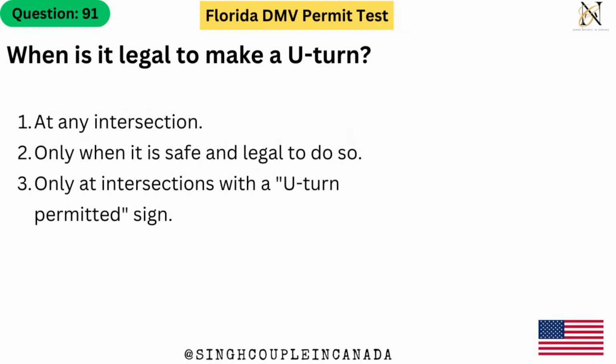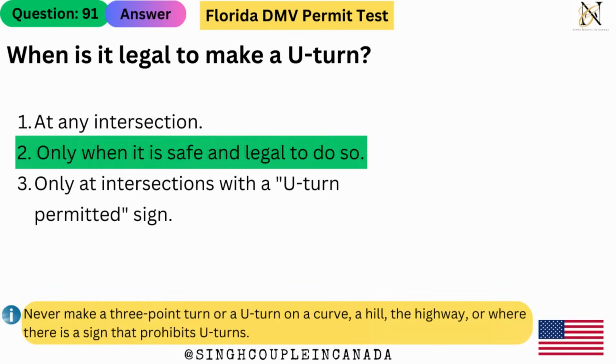When is it legal to make a U-turn? 1. At any intersection. 2. Only when it is safe and legal to do so. 3. Only at intersections with a U-turn permitted sign. The answer is 2. Only when it is safe and legal to do so. Never make a 3-point turn or a U-turn on a curve, a hill, the highway, or where there is a